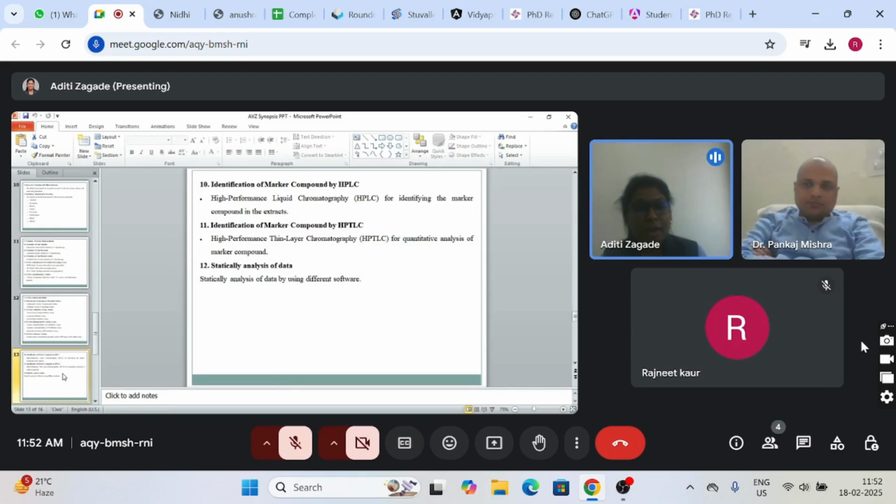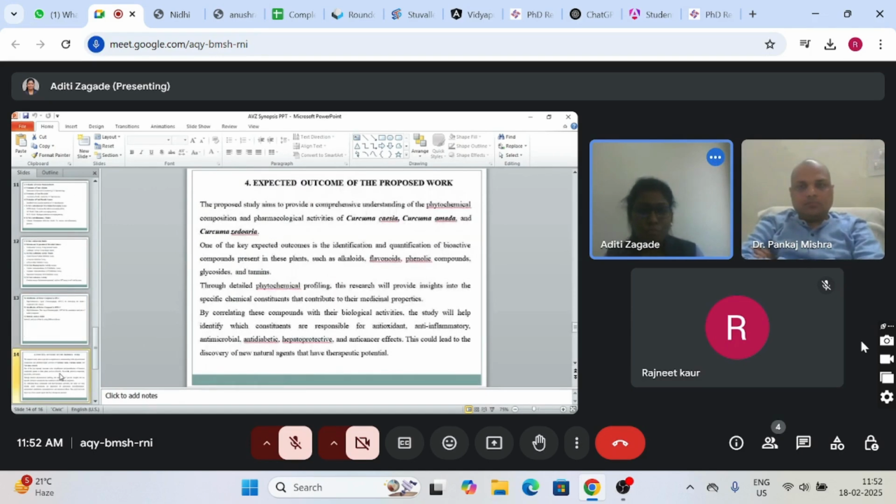Then identification of marker compounds by HPTLC. HPTLC is used for the quantitative analysis of the marker compounds. And last, statistical analysis of data by using different software. Then expected outcome of proposed work. Basically, sir, the proposed study aims to provide a comprehensive understanding of the phytochemical composition and pharmacological activities of Curcuma caesia, Curcuma amada,